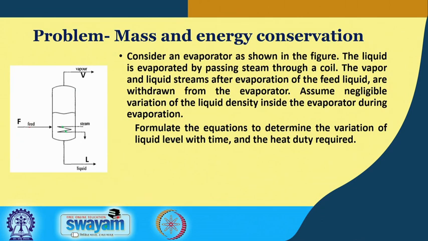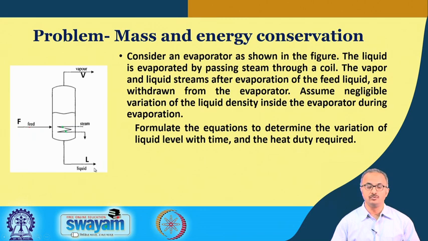Now, we shall consider another problem, and this will be involving both the mass and energy conservation laws. So, the problem is like this, that we have an evaporator, and an evaporator is a device in which we evaporate a liquid and may be used for concentrating some kind of juices in industries. So, here we have the evaporator in which we have some feed that is going into the system, and after evaporation the vapor is taken out from the system from the top and the liquid is taken out from the system from the bottom, and to do the evaporation some steam is being used.